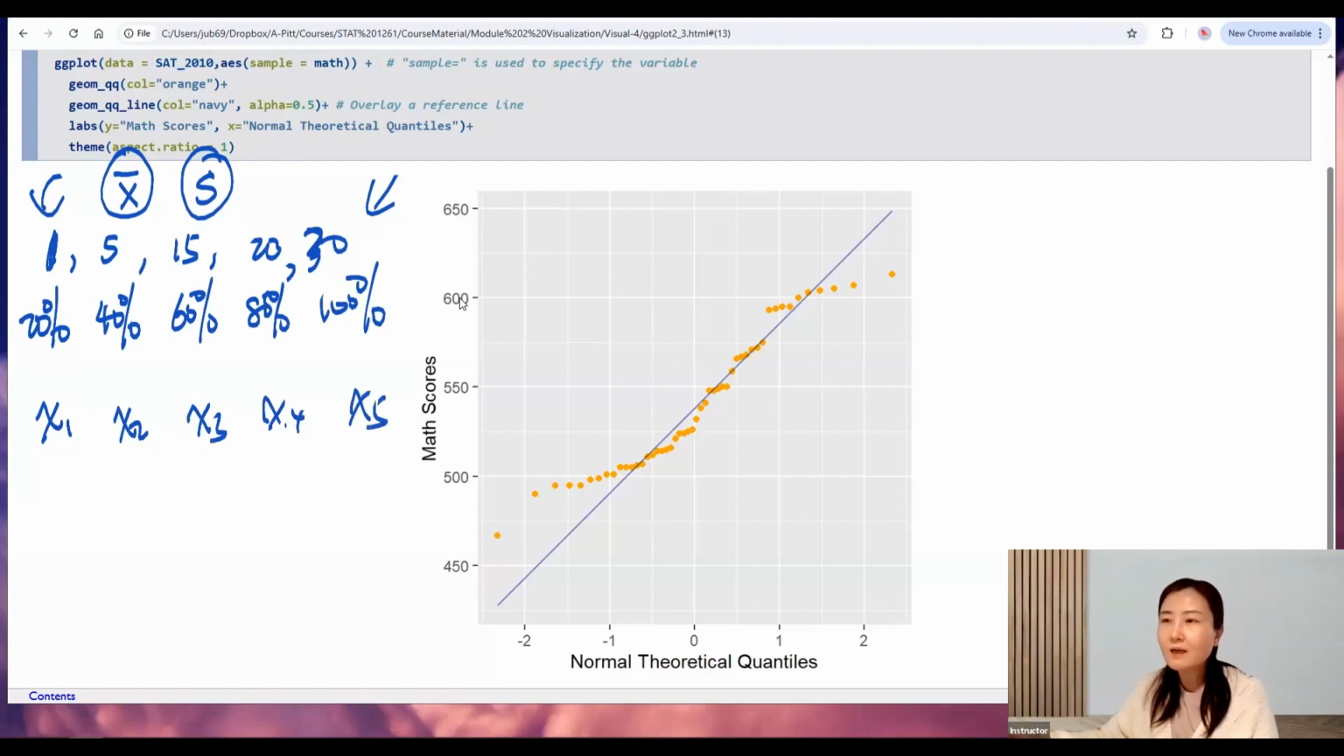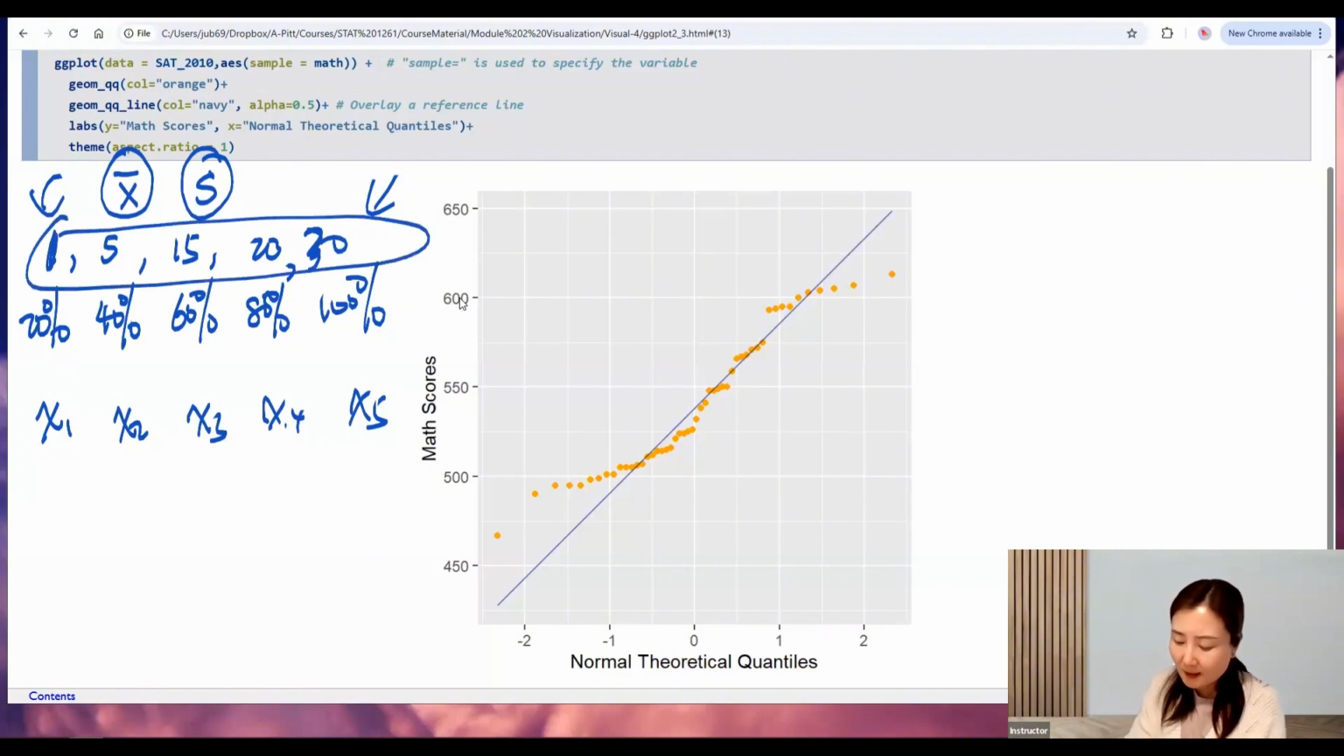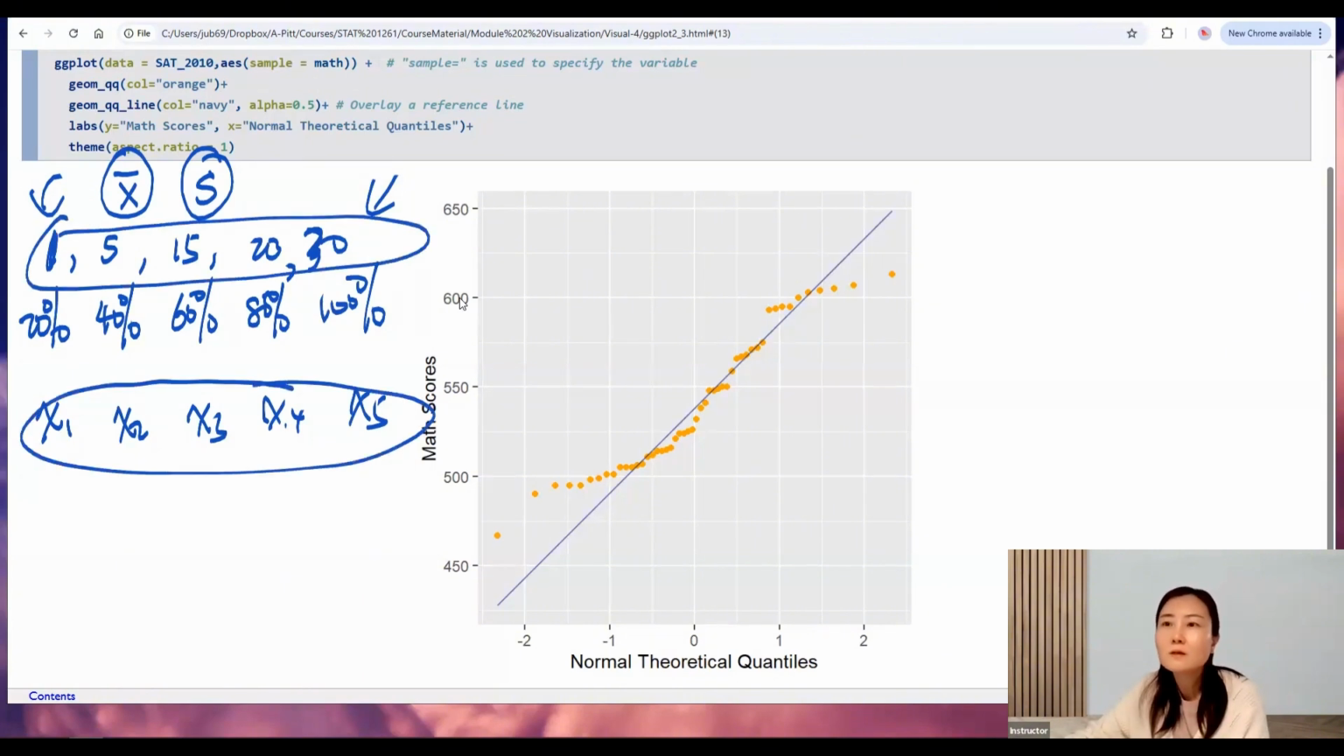And then create a scatter plot for your sample data and the theoretical quantiles. And so if your data is from a normal distribution, then what will we expect to see? We'll see a straight line relationship, right? So that is because you see,